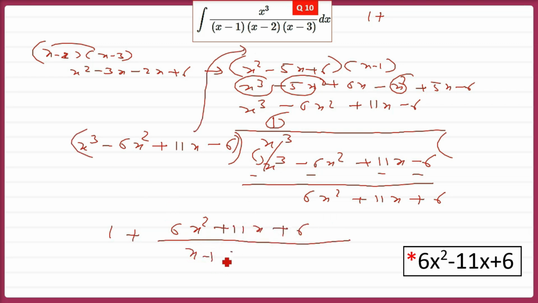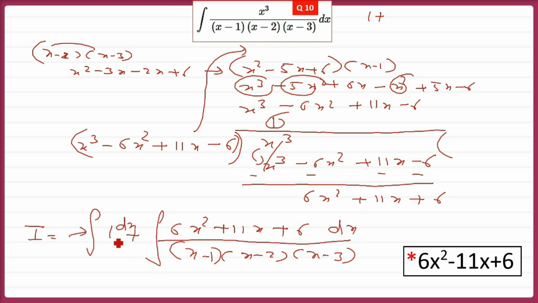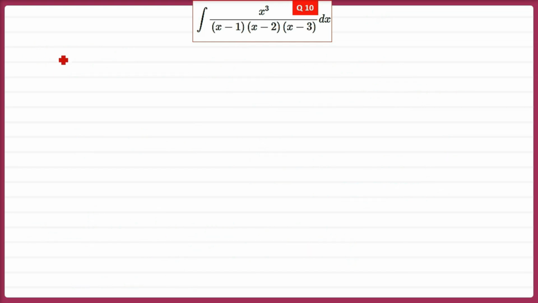So let me write the denominator now: x minus 1 into x minus 2 into x minus 3. So this integral has come. When you integrate this, the integration of the first term will be simply x plus. But remember, this is 6x square minus 11x plus 6. There is only one change. So let's call it I1, which we are finding out. I1 was, after the change of that sign which I told you, 6x square minus 11x plus 6